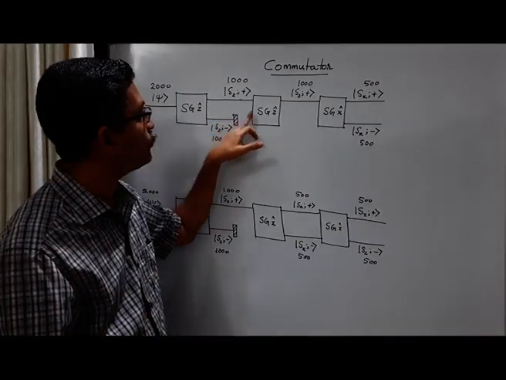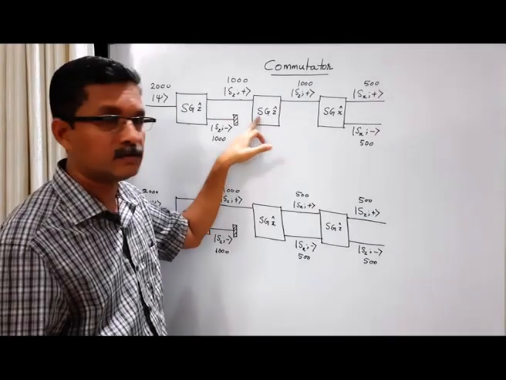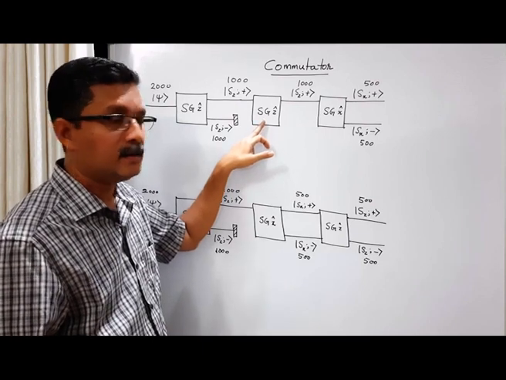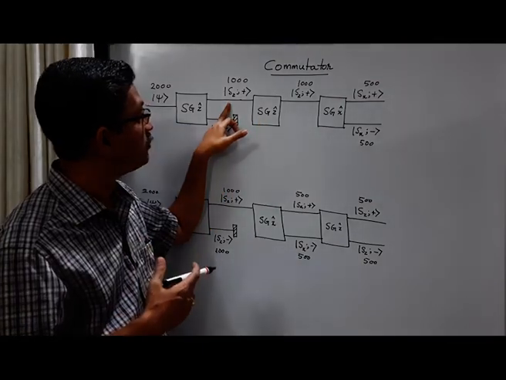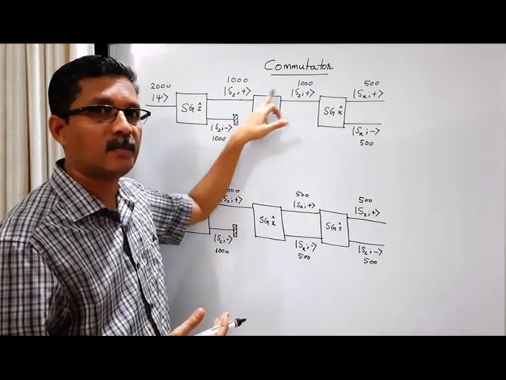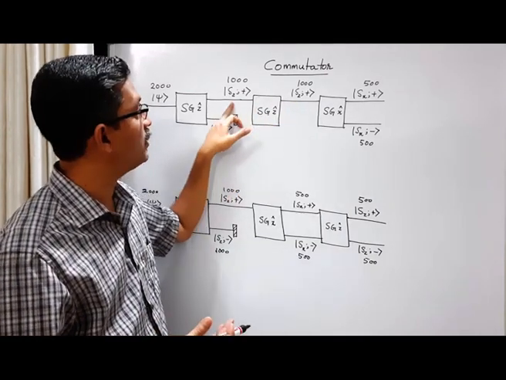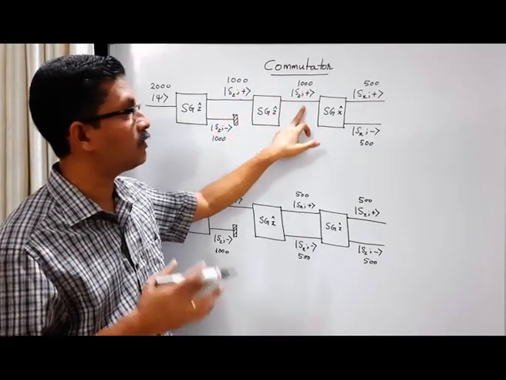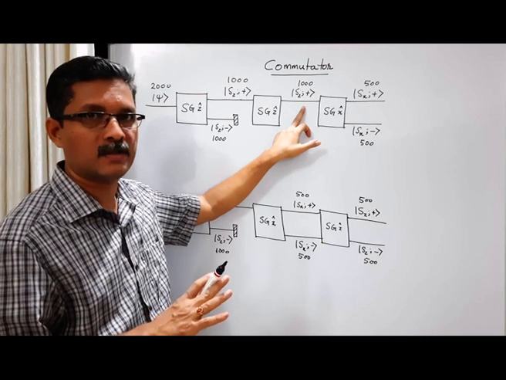First we measure Sz. This is our input state. All these 1000 particles are already in the Sz plus state. If we measure Sz again, we know that they will remain in the same eigenstate, since they are already in an eigenstate of the Sz operator. So we get all 1000 particles in the Sz plus state.